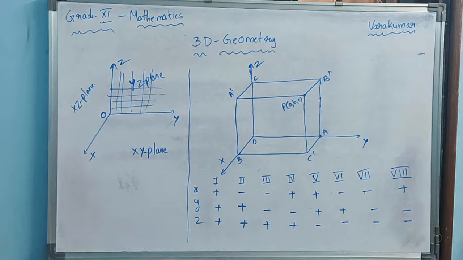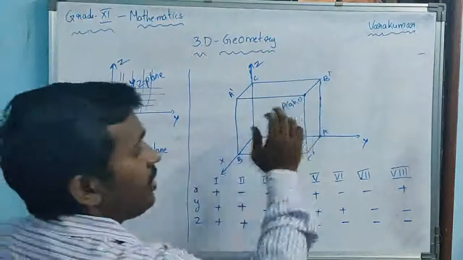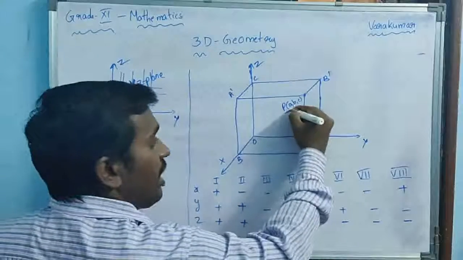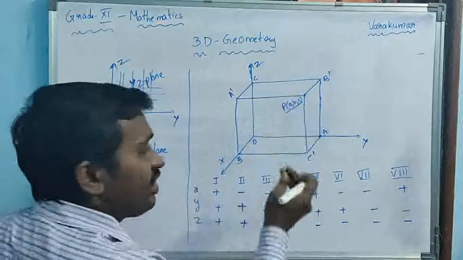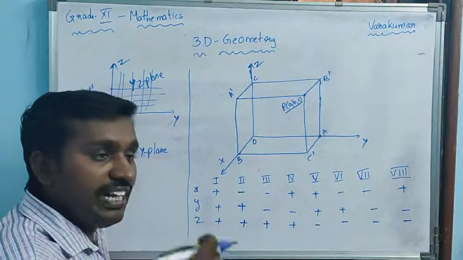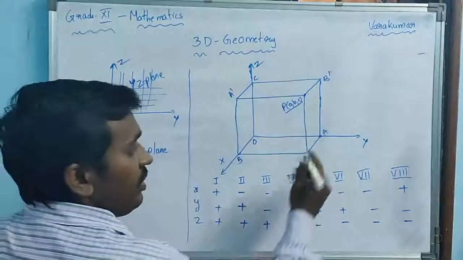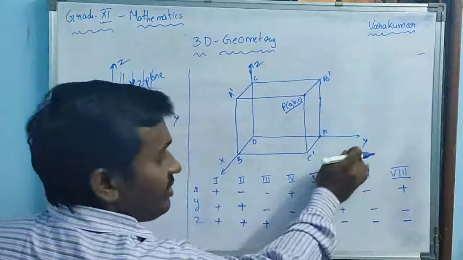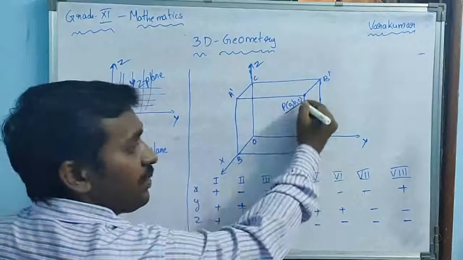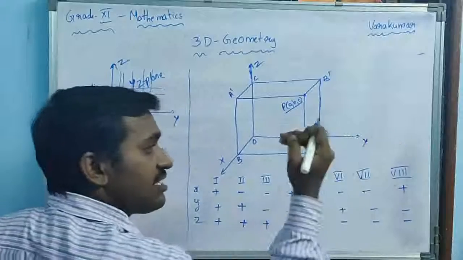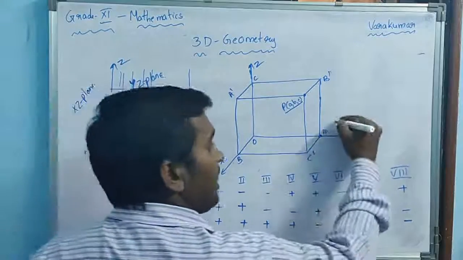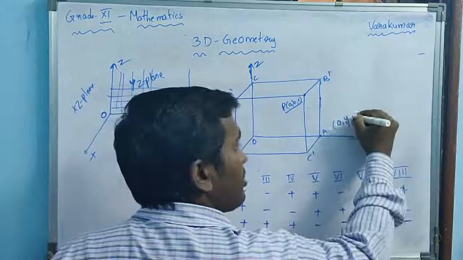Now, let us assume a point in space. That is P (A, B, C). Right? Now, from the point, let us assume we have drawn the perpendiculars to the respective planes. Now, a point lies on the y-axis. With respect to (A, B, C), what can we say if it lies on the y-axis? The X value and Z value are 0. So you can write it as (0, y, 0).